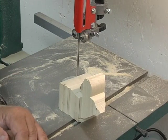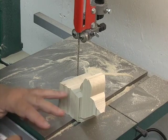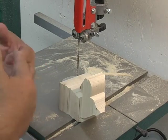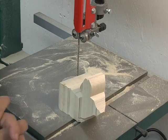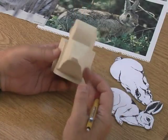Now this is where the carving actually begins to come to life for me. I can see things now about the rabbit that I'm going to carve. I can see areas that are going to be removed. I can see areas where I'm going to detail. I can see areas where, as an artist, as a carver, I can show off. Once we've cut our carving blank,